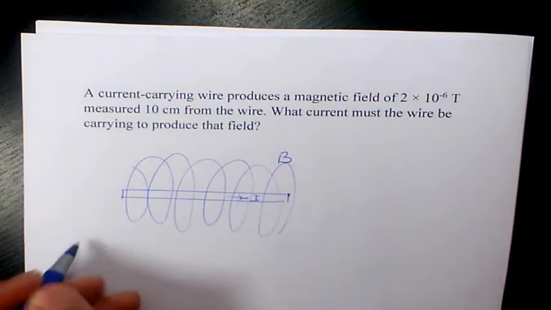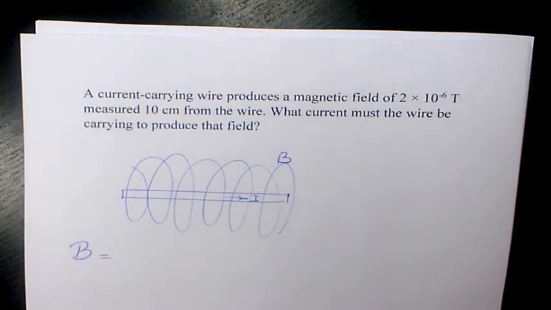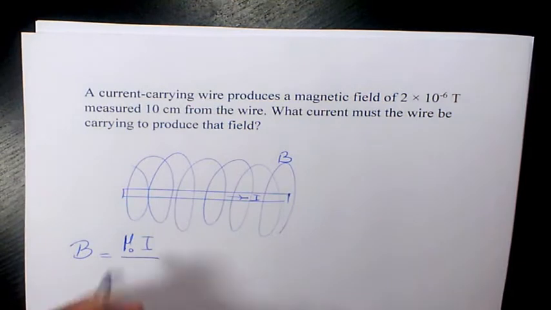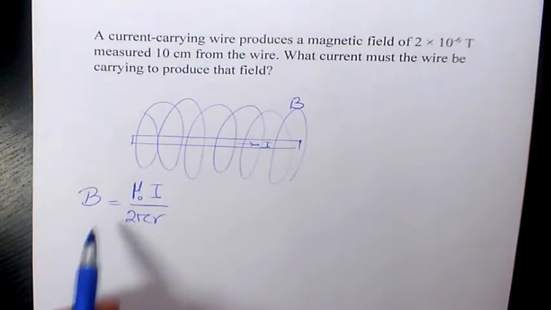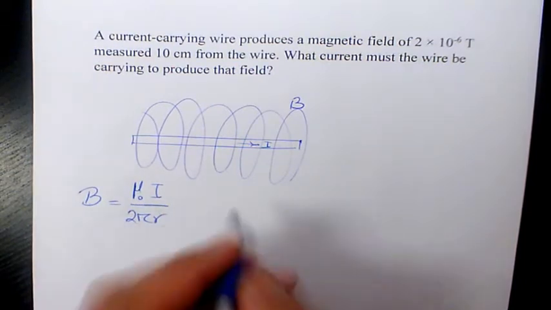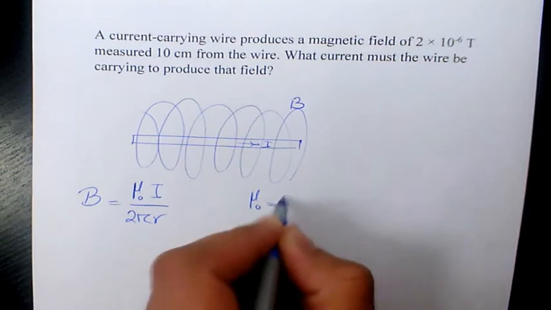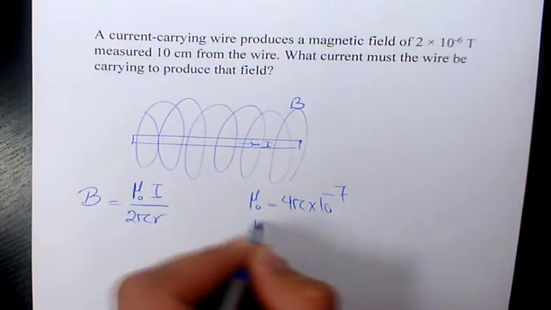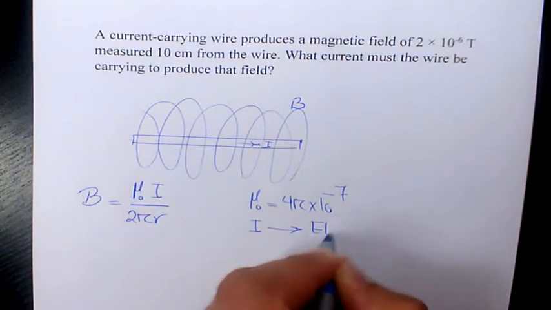How do we find out the magnetic field? What is the relationship between electric current and magnetic field? We need to use the formula called Ampere's law. B, which is magnetic field strength, equals mu naught times I divided by 2 pi r. Mu naught is the constant, which is 4 pi times 10 to the power of negative 7. I is the electric current